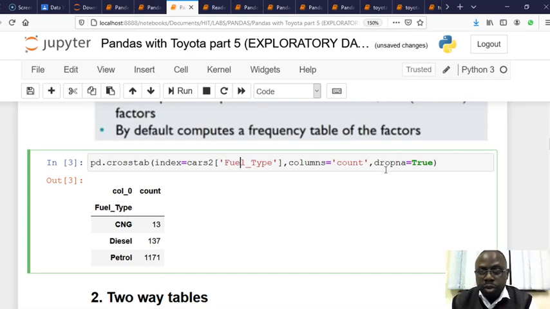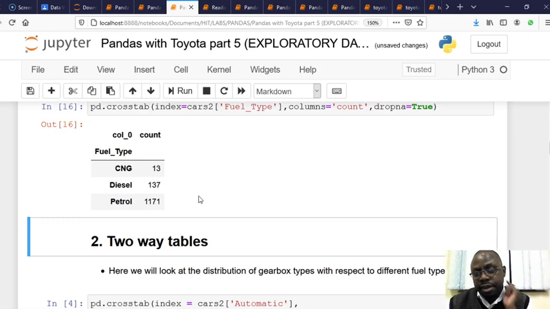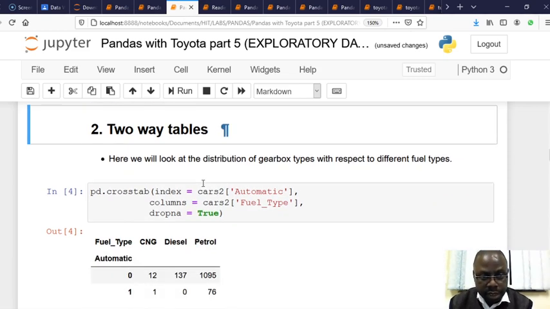And we're also going to be dropping NA values. So dropna, that's the parameter that is used. If the parameter is set to true, it simply means in this exercise we are not going to include NA values. So if you run it, those are the values that you get. Which means we have 1,171 cars that use petrol. Then we have 137 cars that use diesel, 13 cars that use